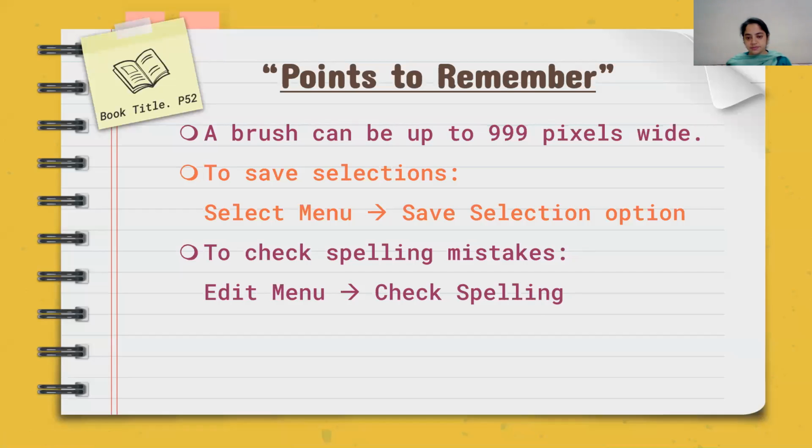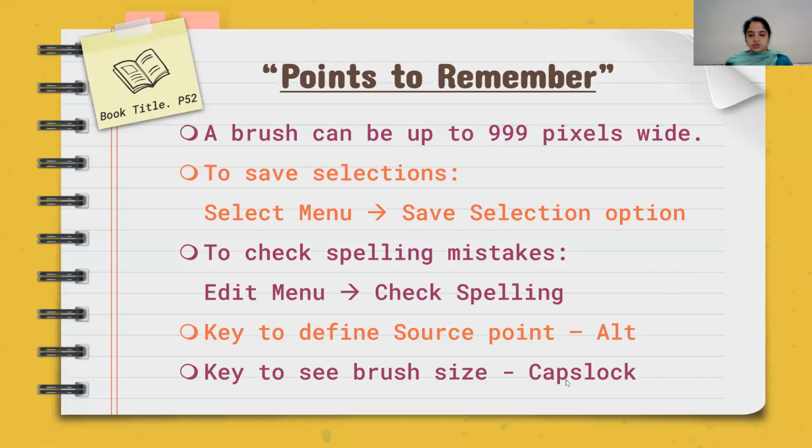What is the shortcut key to define the source point? Source point can be in clone stamp tool also. Source point can be with the healing brush tool also. Whenever you want to define the source point which you want to use, Alt key will be used. Press the Alt key, click on the area, that point, that pixel will be defined as a source point. It could be in clone stamp, it could be in healing brush or in some other tools also.